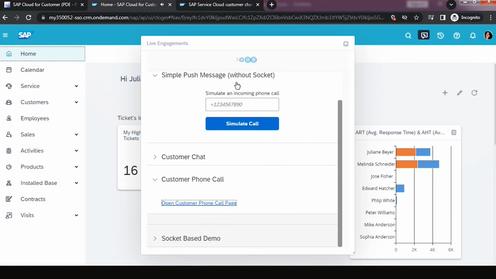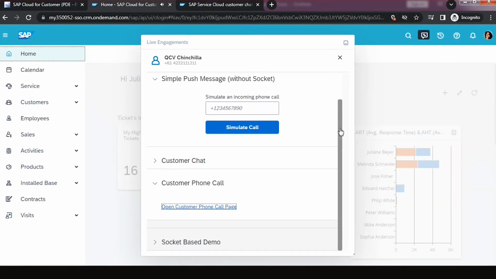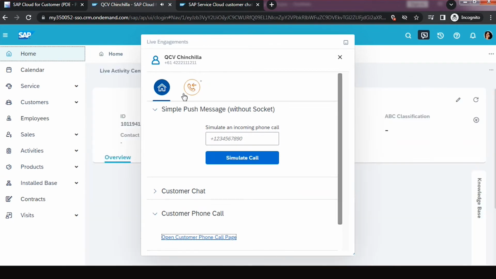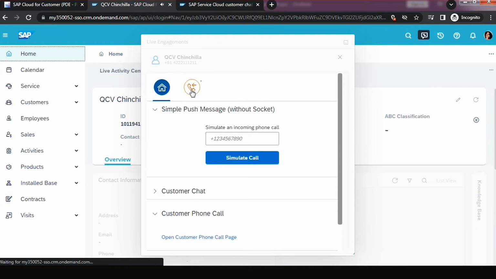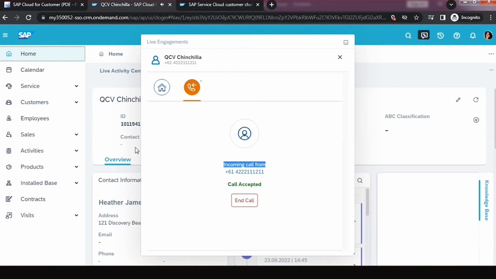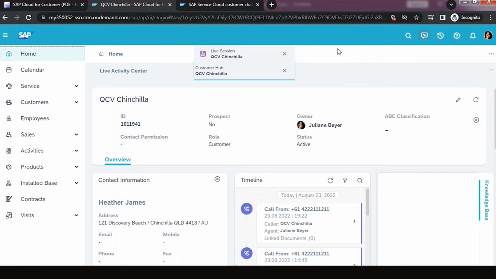I will be having the live engagement enabled, and it has a phone call icon. When I click on the icon, I will be having an incoming call from this number, and it has options called accept and reject. When I try to accept the call, in the background, we have the customer details which